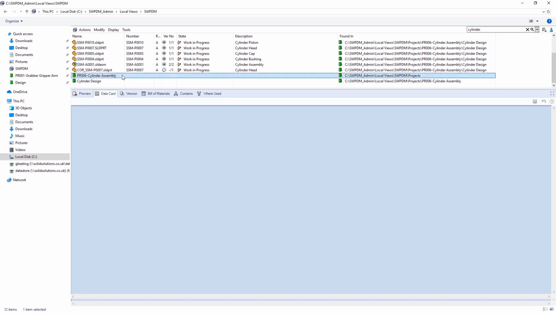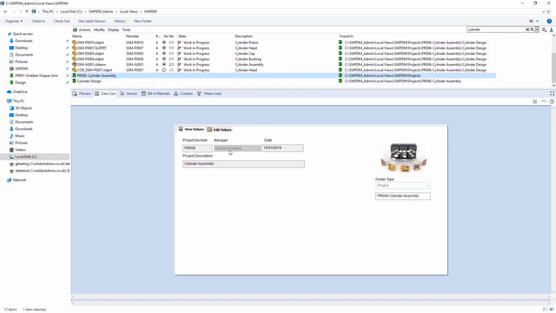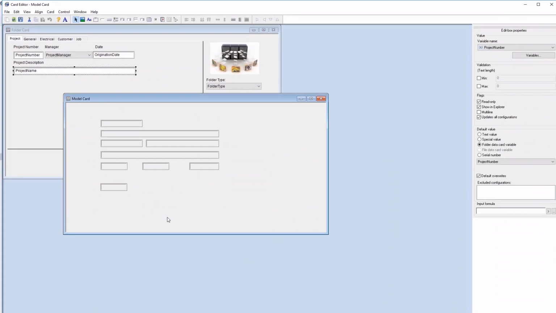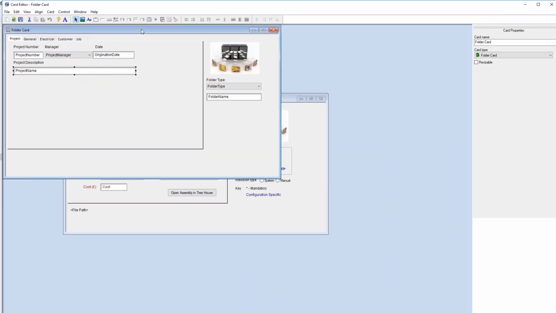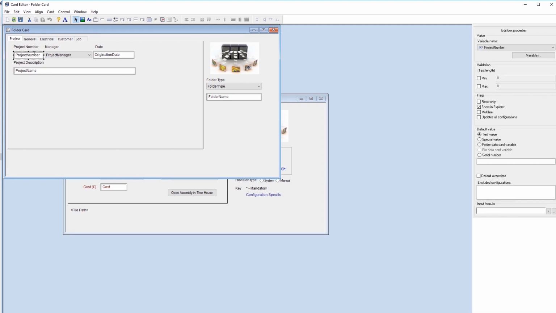Okay, so quite a lot of you will know and be using folder variables. These are generic values that you might want to apply to all of the documents below. In this case, it's the project number and the project name. So this is the folder card, and you can see that we're using project name and project number as the